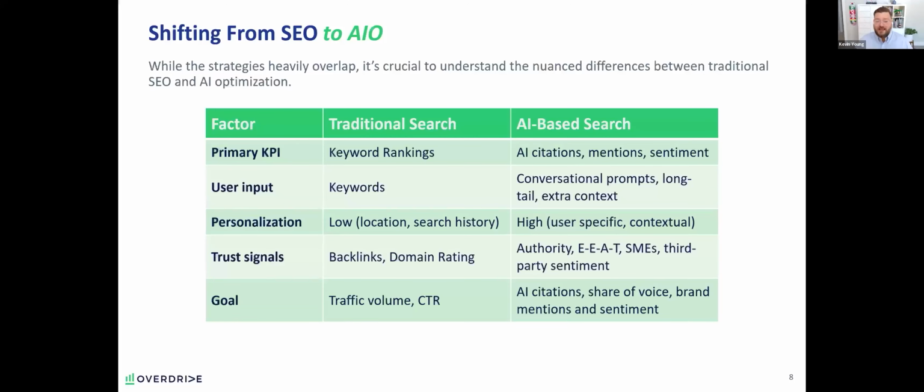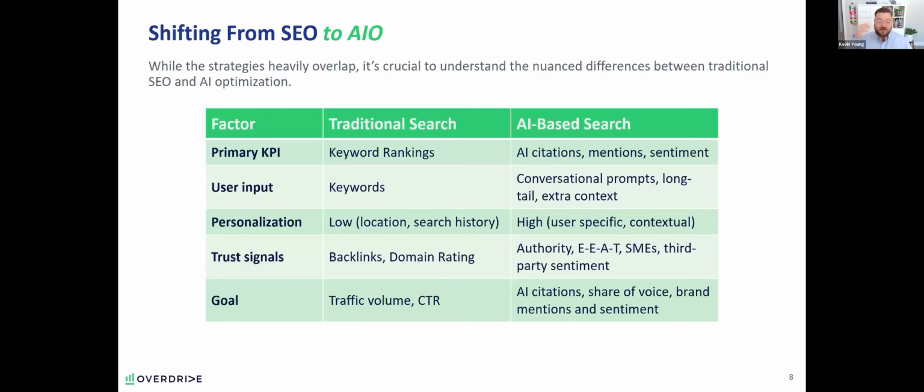In terms of user input, in traditional search, there's keywords. That's what people put into the search bar. They could be short tail keywords, they could be extremely long tail keywords, but ultimately you're putting keywords into a search bar and hitting search. That's much different in these chatbot experiences. Ultimately, in these experiences, it's going to be much more about conversational back and forth prompts, extremely long tail prompts, some sentences or even paragraphs long, filled with additional context. And it's going to use all of that context to deliver you a response that